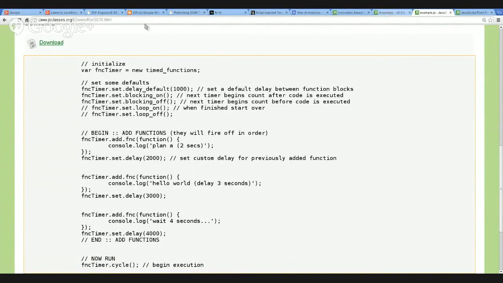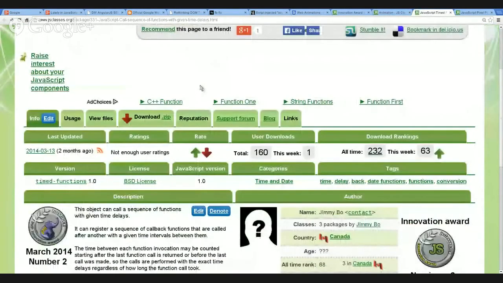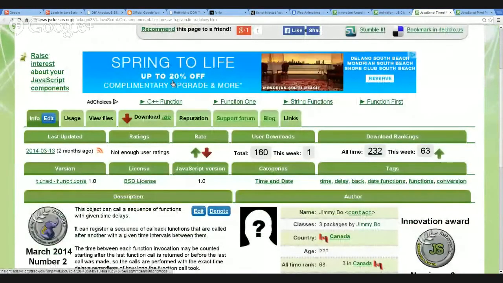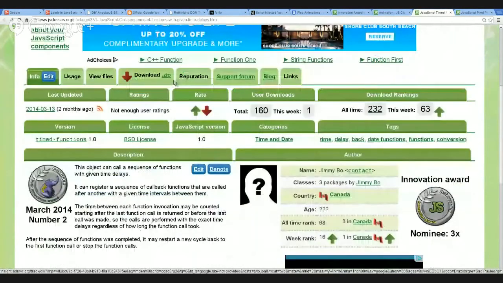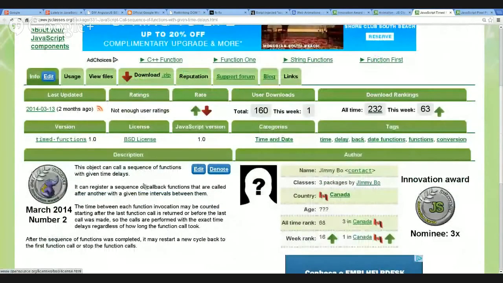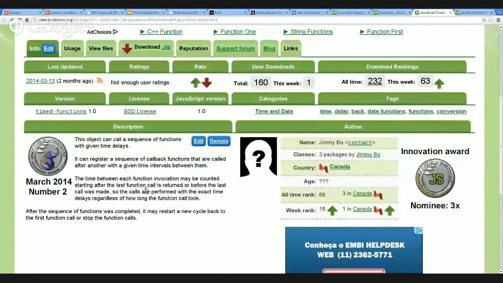And this package here was developed by Jimmy Bo. Actually, this is an alias. I know his real name. This is a secret alias. He wants to preserve his privacy, and Jimmy Bo is just the way he calls himself on the site. And he is from Canada. And also talking about him,